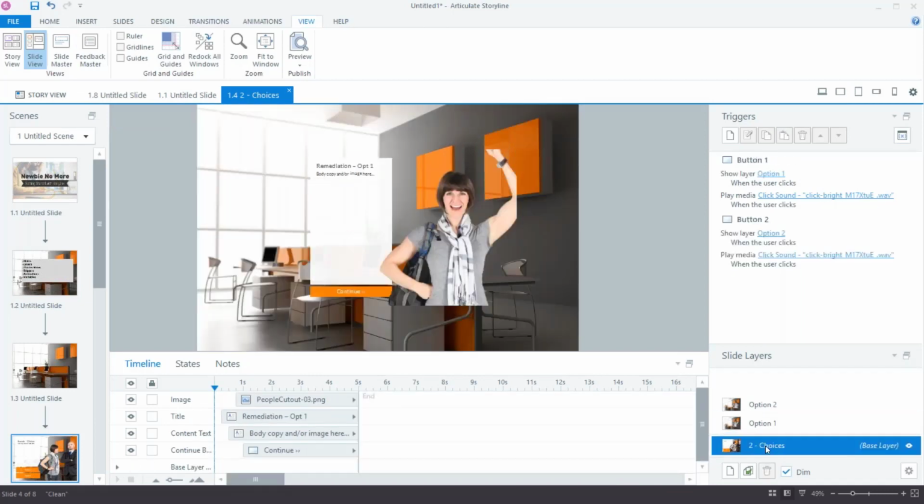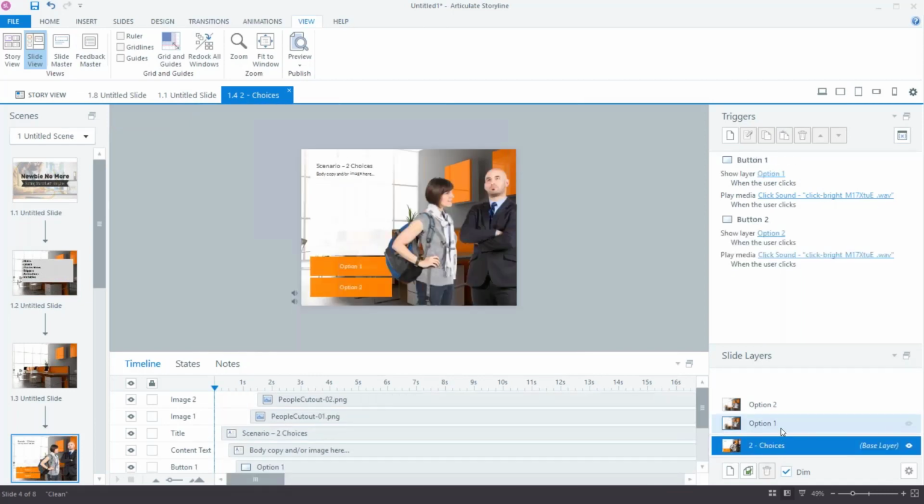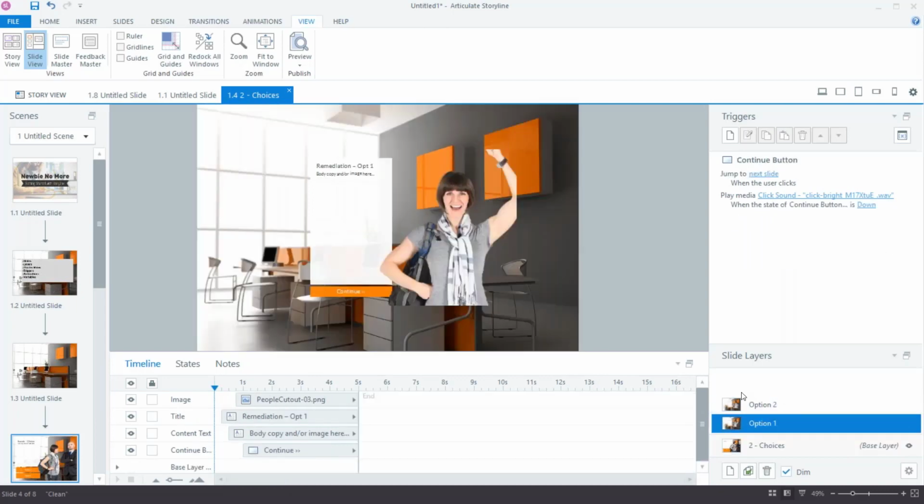And just a quick, let's jump over here and we'll talk about layers real fast so that you understand what those are. A layer really is just kind of a slide on top of a slide, and you can stack as many layers as you want. I could accomplish the same thing by pulling each of these layers out into another slide and having it go that way. But the nice thing about a layer is it layers on top, so I can see this and sort of see some of the slide behind. So if I have a navigation bar that sits on my main layer, I can see that.